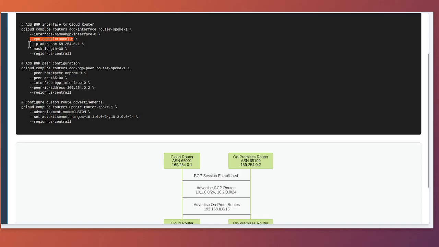The --ip-address=169.254.0.1 flag sets the cloud router's IP address for this BGP session. This address must be from the link-local range 169.254.0.0/16 and must match the peer IP configured on your on-premises router. The --mask-length=30 flag creates a /30 subnet, which provides exactly two usable IP addresses, perfect for